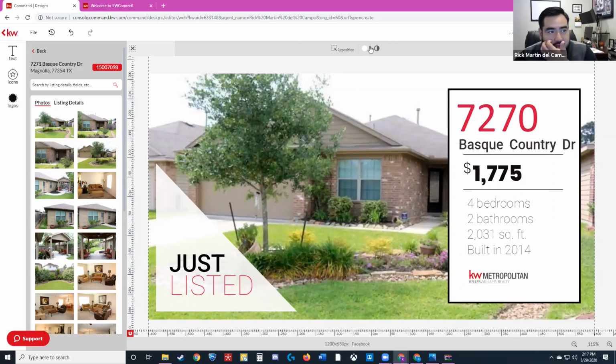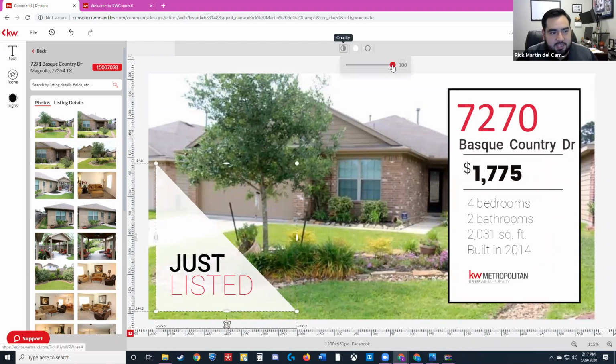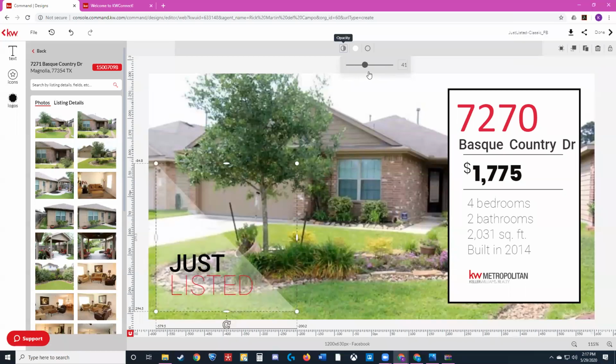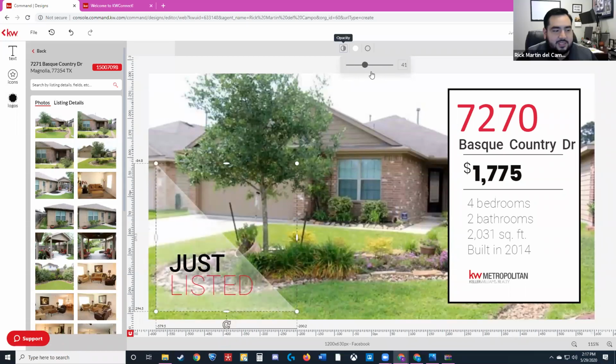The opacity is a really cool tool. The opacity changes the transparency of the item. If you notice, this rectangle is purely white. But if you look at this triangle down here, you can see through it a little bit. That's because the opacity is a little lower. So if I select that triangle and I hit the opacity button, it's a slider, and I can drag. If I drag it down. Oh, okay, for the transparency. Right. So it makes it more transparent.